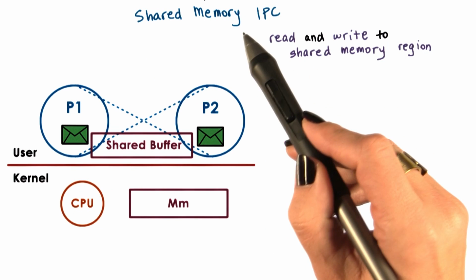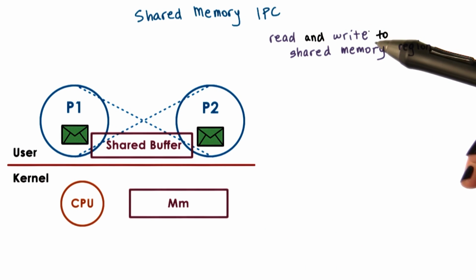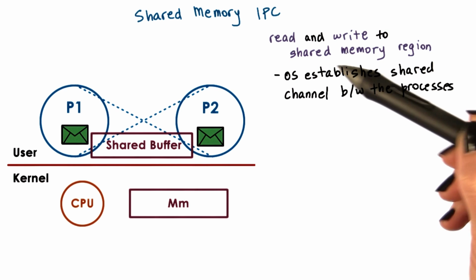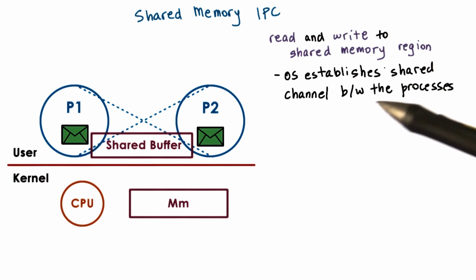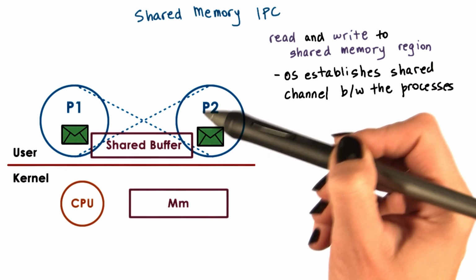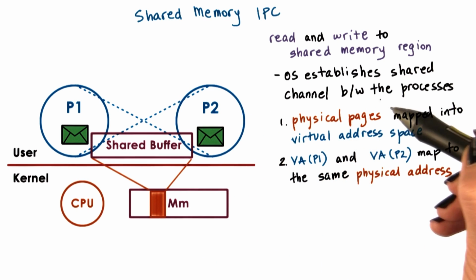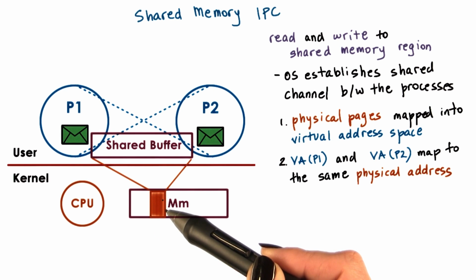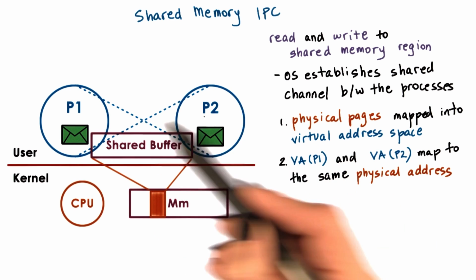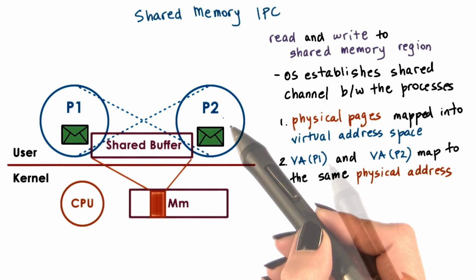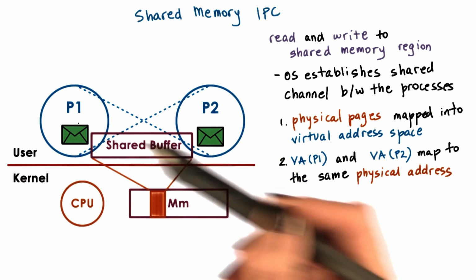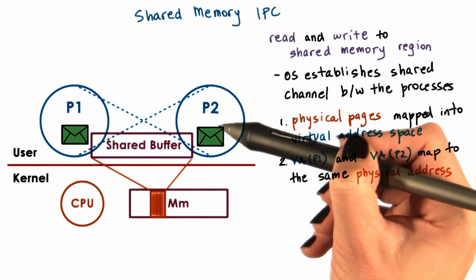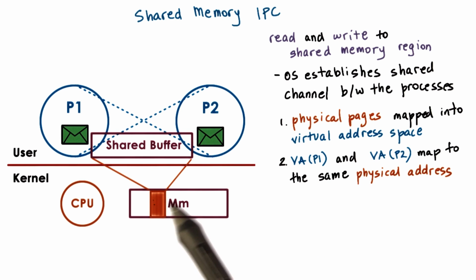In shared memory IPC, processes read and write into a shared memory region. The operating system is involved in establishing the shared memory channel between the processes. What this means is that the operating system will map certain physical pages of memory into the virtual address spaces of both processes. The virtual addresses in P1 and the virtual addresses in P2 will map to the same physical